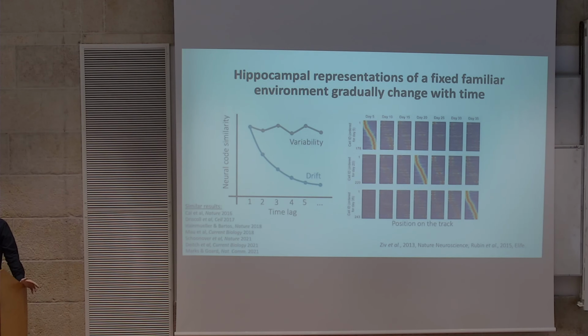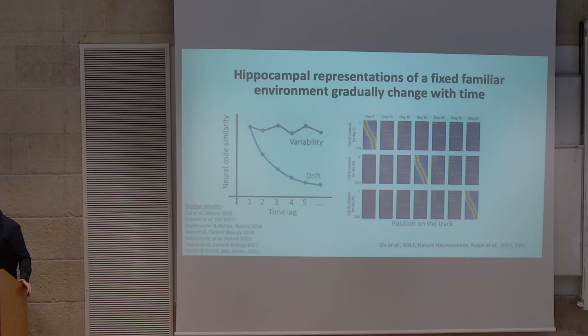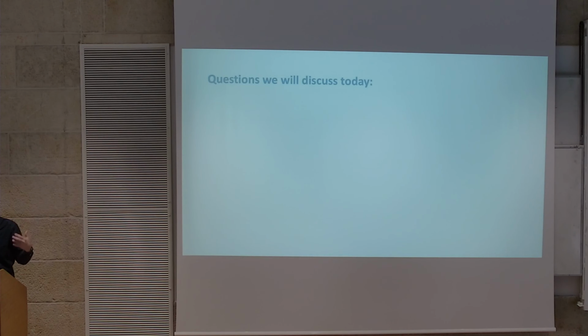Now, I mentioned in the beginning we are interested in long-term memory, and this kind of phenomenon is quite puzzling, specifically in the hippocampus, because we know the hippocampus is important for long-term memory of places and events. And so my lab has been really interested in understanding this phenomenon of representational drift and its relation to memory. So today I will